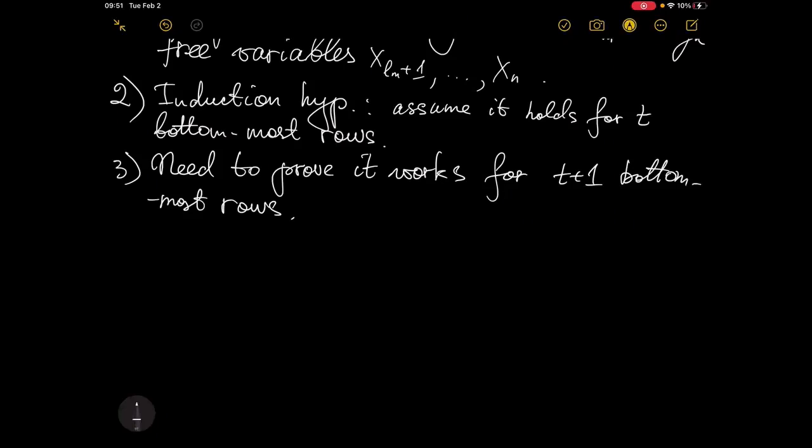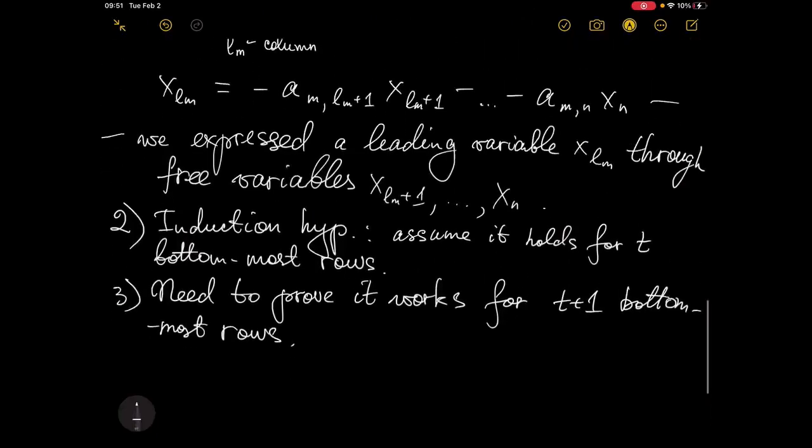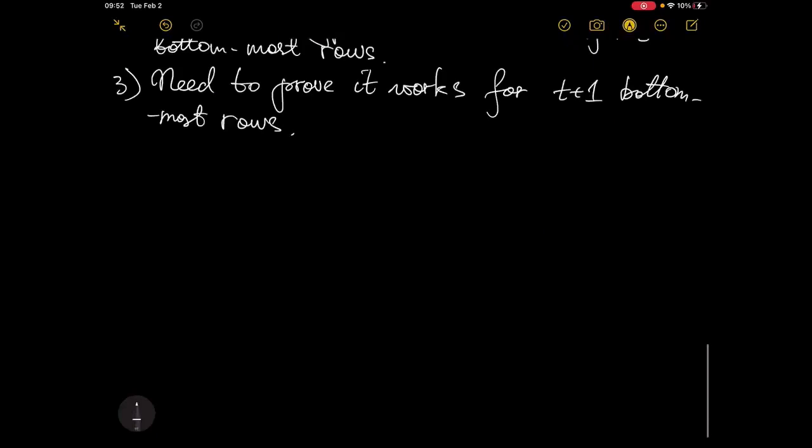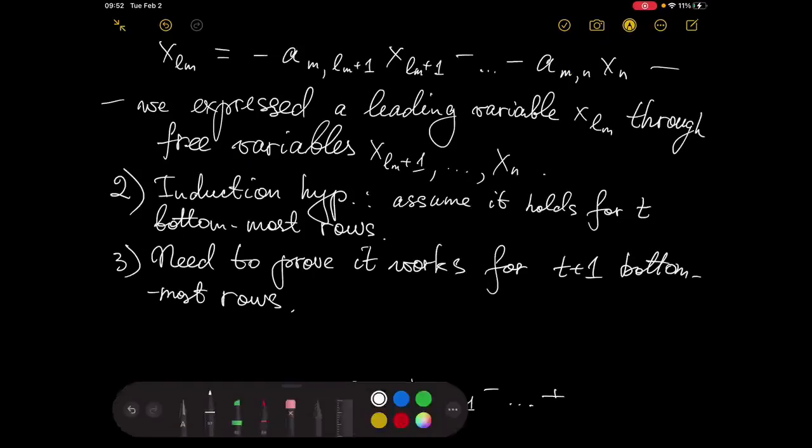How can we do this? It's very easy. So essentially, if it works for the first t rows, right? So it means that XLM equals to minus A M, L M plus 1, XLM plus 1 minus